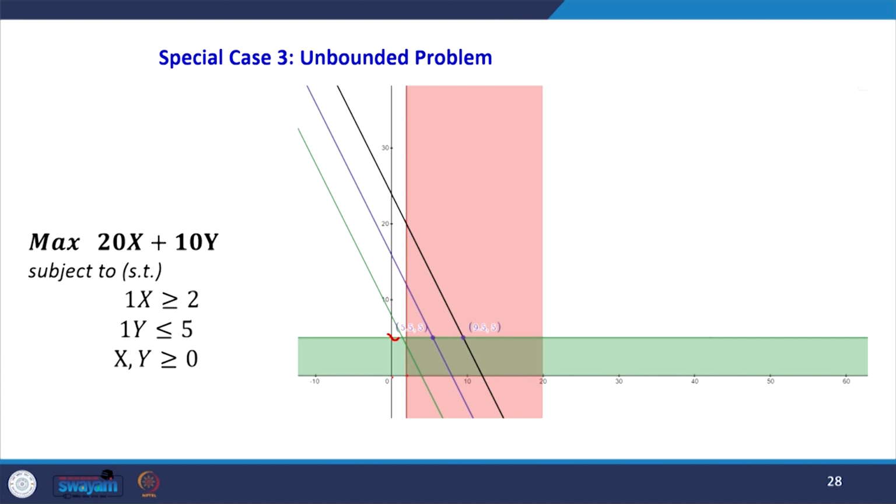So now some constraints are missing, it is not bounded, because these regions satisfy both our constraints, but there is no boundary for that. So this situation is called an unbounded problem.